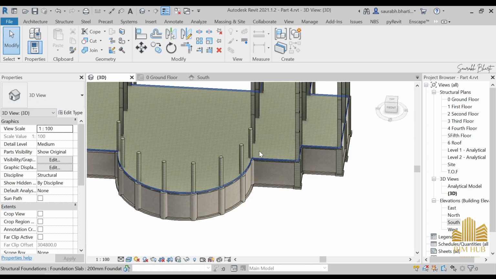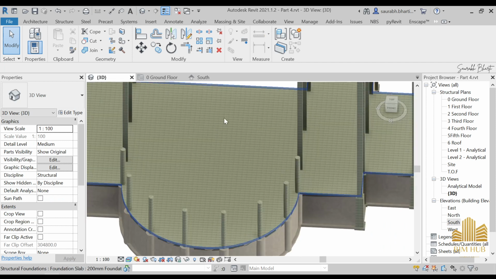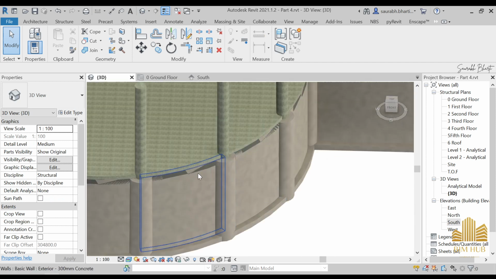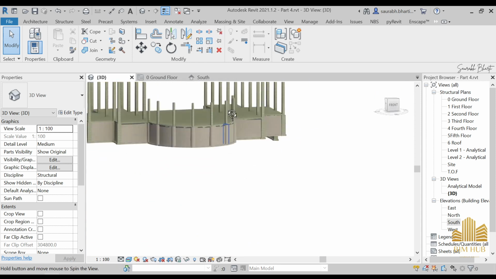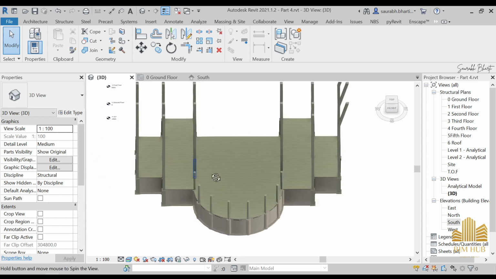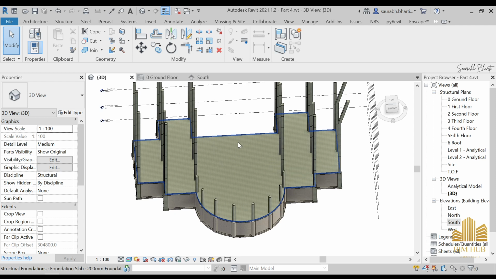Now go to 3D, and now you can see it. This is how the overlap is gone from here, but we cannot do anything about this overlap. So yes, we are done with that part. And is there anything else left?